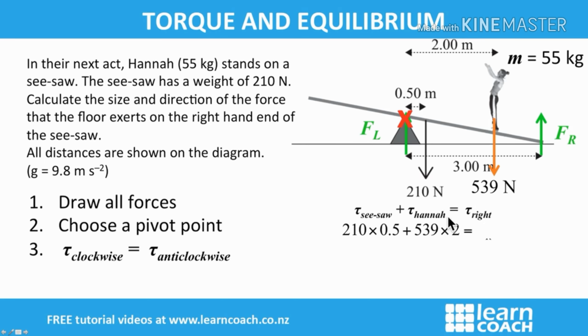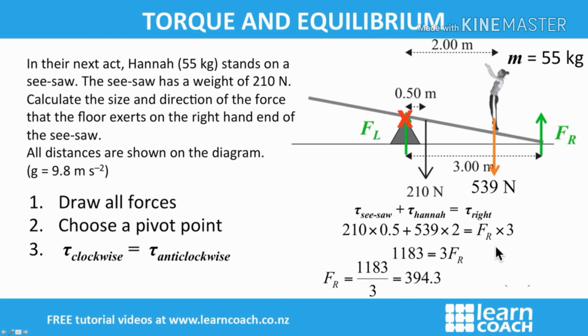Now all of this is going to be balanced by the torque going upwards on the right, the anti-clockwise torque. So here, this is the right hand force multiplied by 3. So that's the force times the distance, because the floor is 3 meters away from the pivot point up here. Plugging this left hand side into a calculator gives us 1183 equals 3 times the force on the right hand side here. So we can just divide both sides by 3, and we end up having a force of the